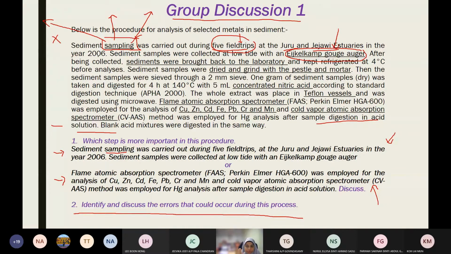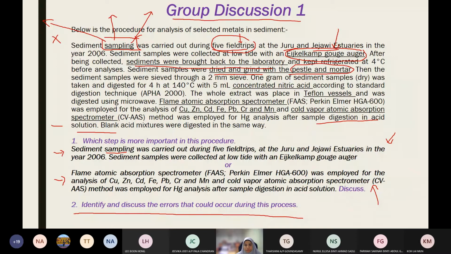So you also have to be very careful when you handle your sampler. Make sure from one point to another point, please rinse with deionized water or distilled water, then only can you go to the second point. And then when you bring back to the laboratory, anything can happen. There can be losses of some metals while you bring them back to the laboratory, if you do not preserve them properly, and so on. During drying and grinding with the pestle and mortar,